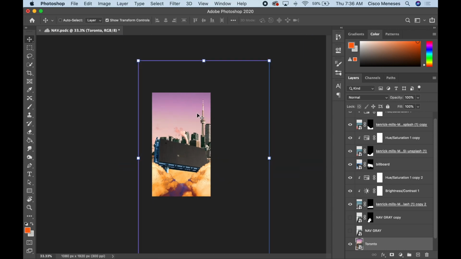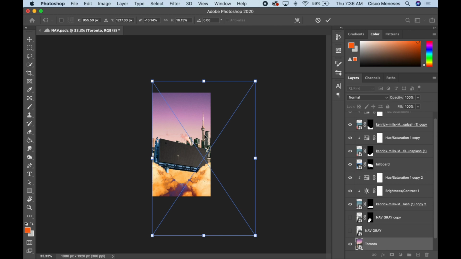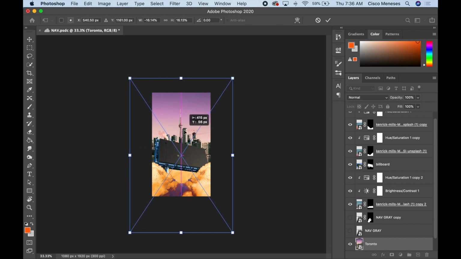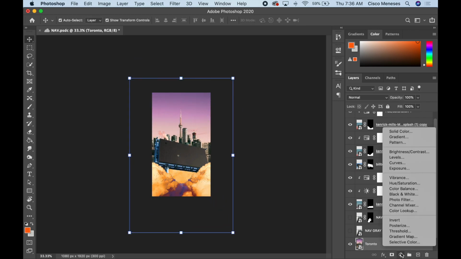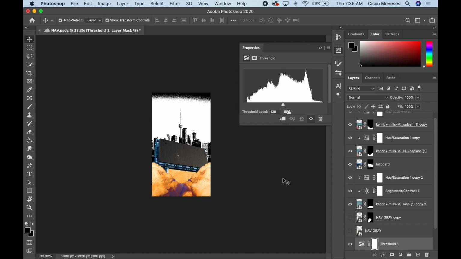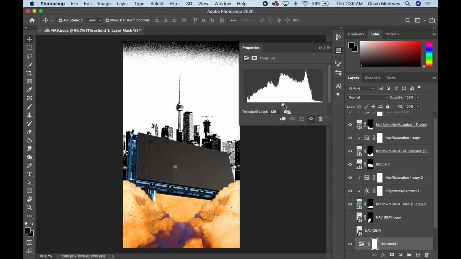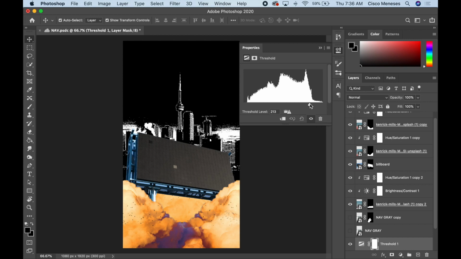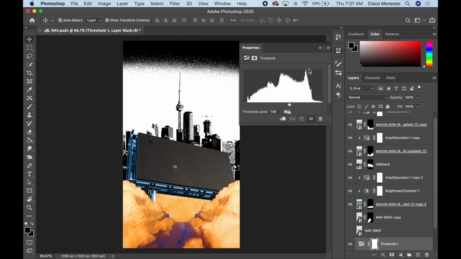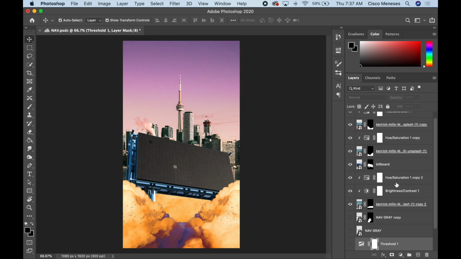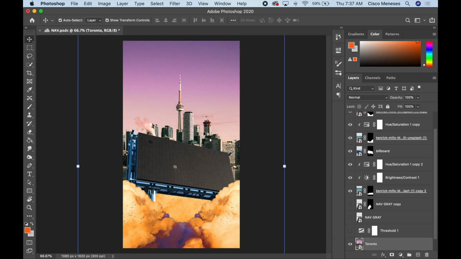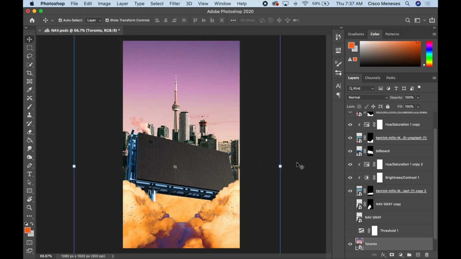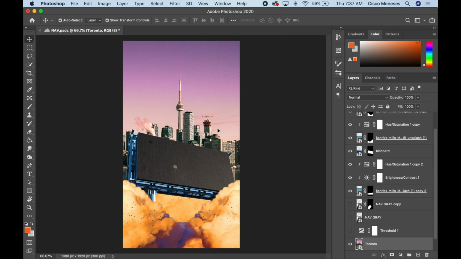All right, so let's zoom out a little bit. This picture is really high quality and big. And so the kind of idea I had was maybe some sort of, let's add a threshold on it, right? So we can kind of add this in the background. This kind of shape, I don't know if I really dig that. What we could do is simply add the hue and saturation. But I don't know. I think I want this to be vaguely in the back, and then, you know, we're